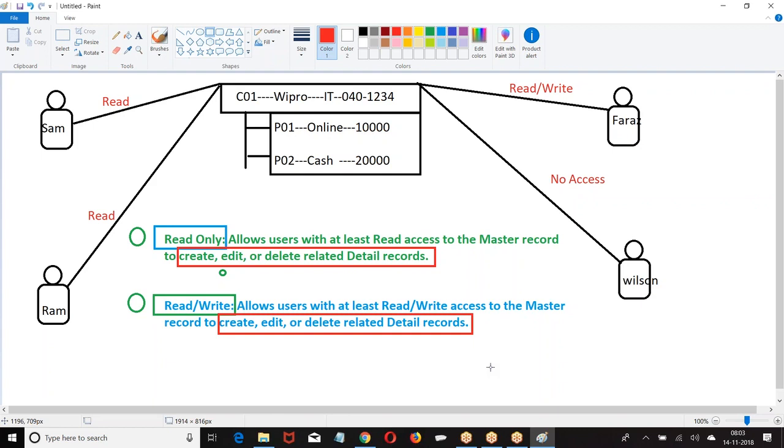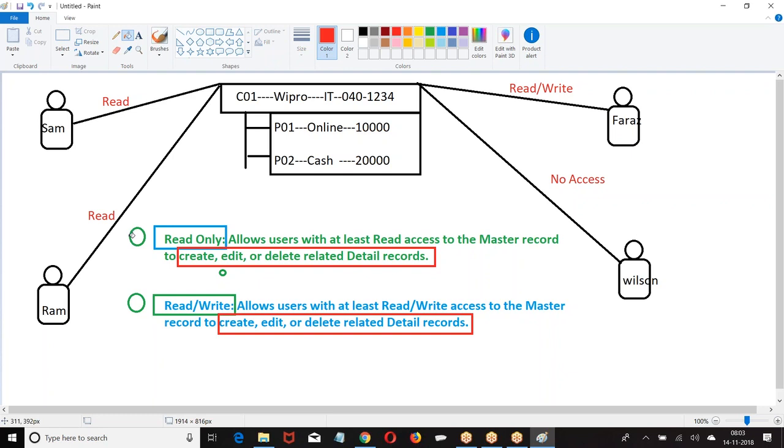Right. Now, what was the question here? Boss, in this organization, who can create, edit, delete the child records? If you have a master record, for the master, who can create a child, who can edit the child, who can delete? Who is going to get create, edit, delete on the child records of a master? Look at the point.